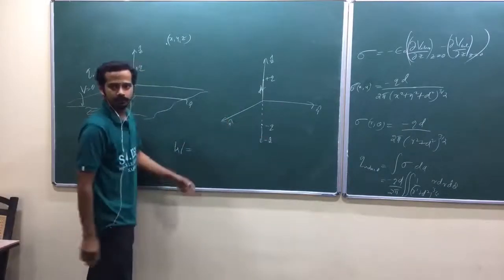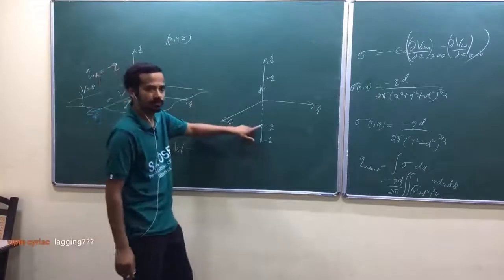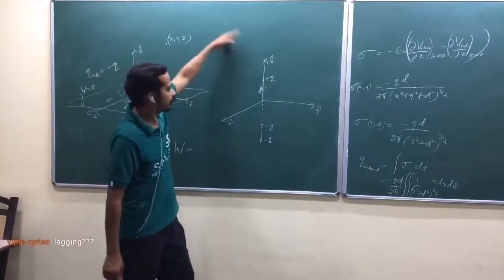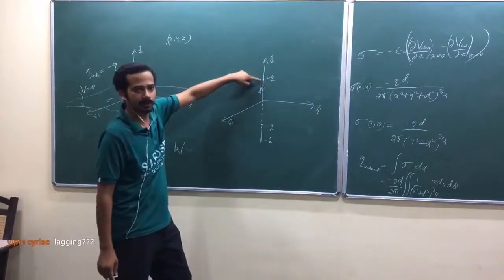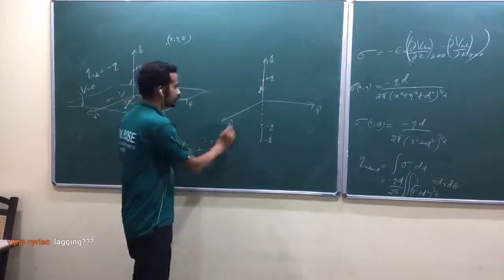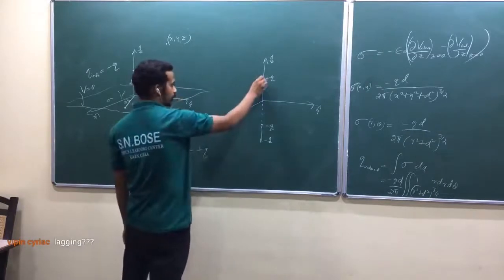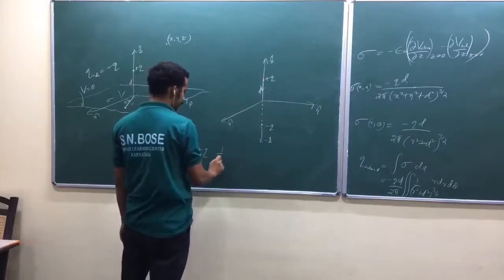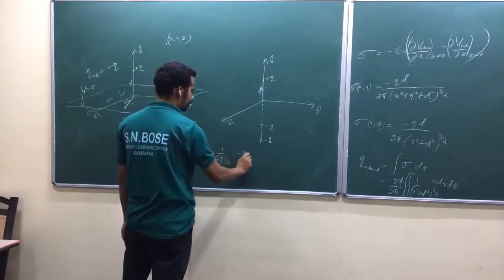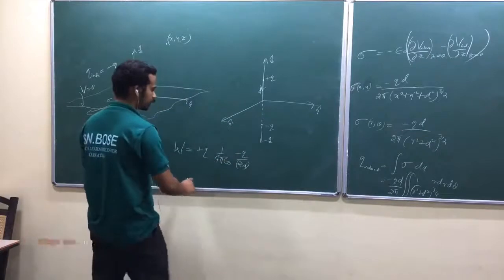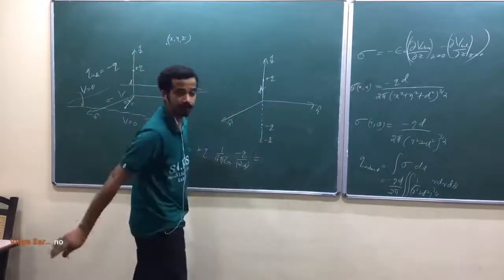How do you find it? First you bring this negative minus q charge from infinity to this point. Then you bring this charge from infinity to this point. That's equal to plus q into the potential at this point. That's how you write. Plus q into the potential at this point due to this minus q, 1 by 4 pi epsilon naught minus q by 2d. So this is the net work done in having the image configuration.